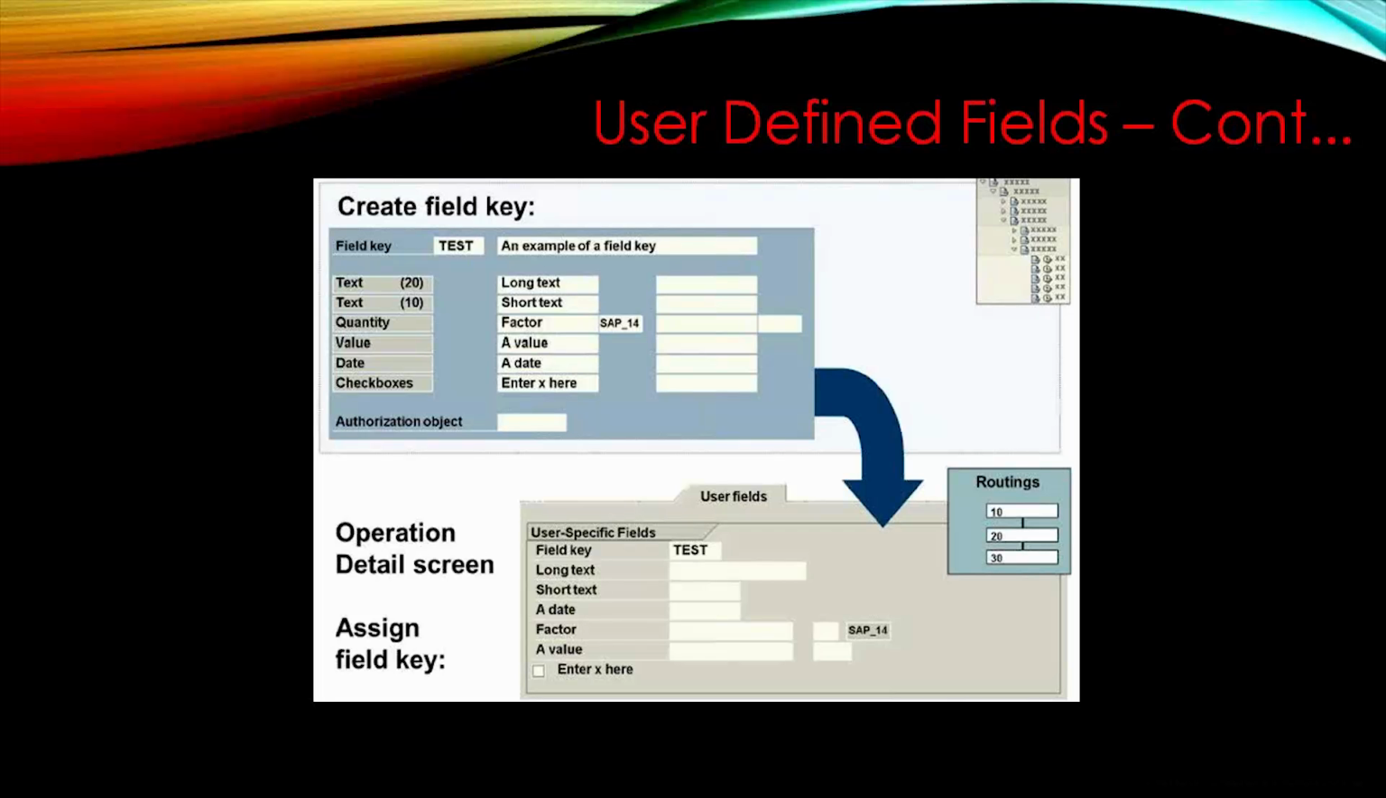But the routing that we're using here in the SAP system is a standard routing provided by SAP. What if a company wants to add some more fields as per their need? So yes, we can do it. We can add more fields to a routing, like customized fields. So here within the routing, within the operation, if you select a field key, then it will populate the text that you can enter here. For example,